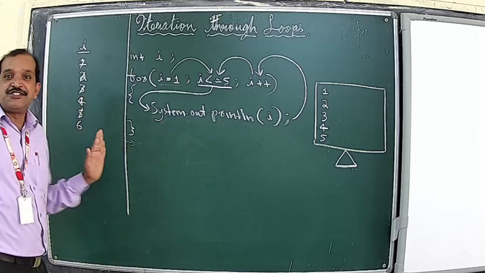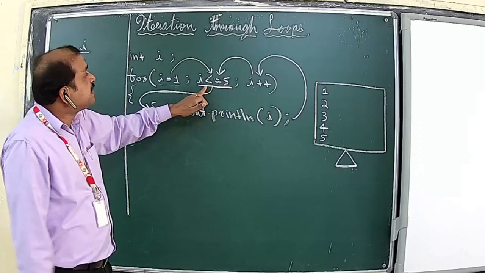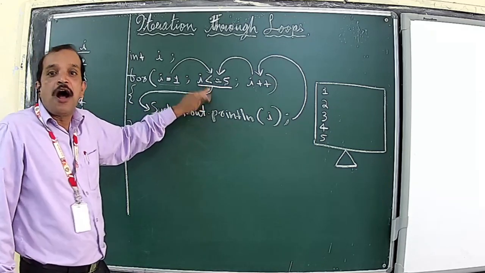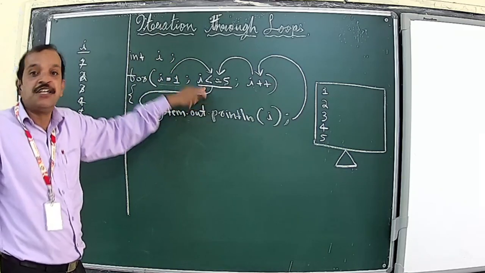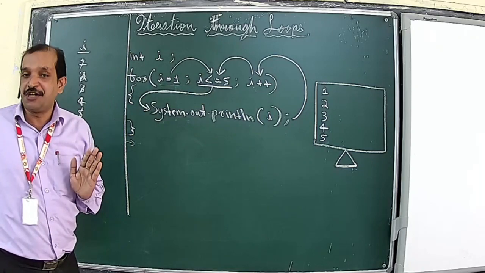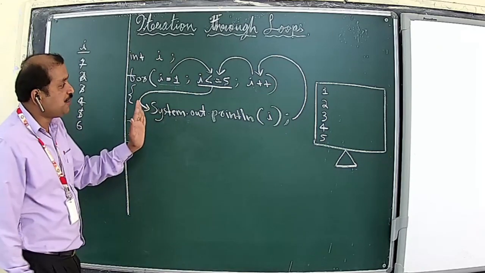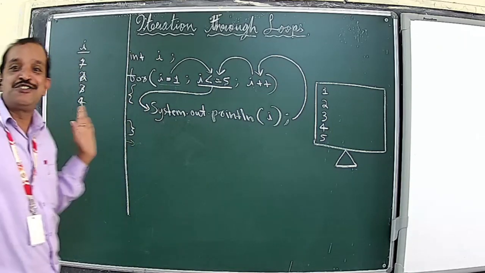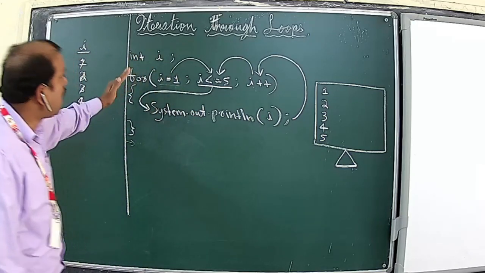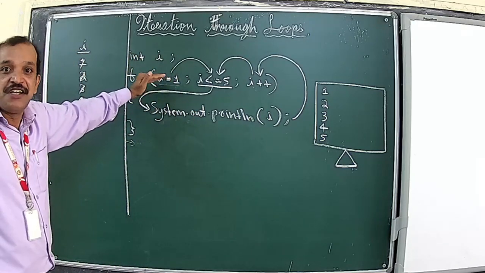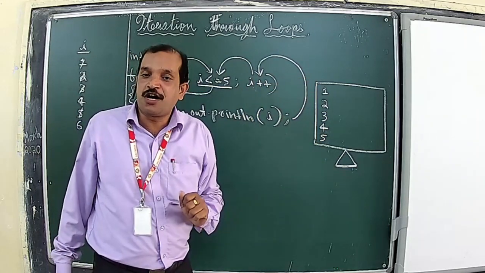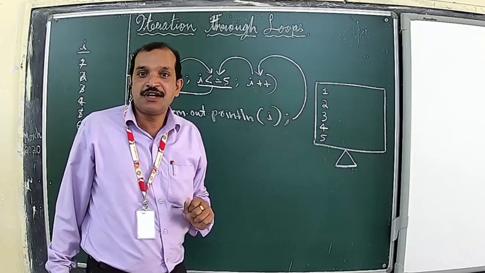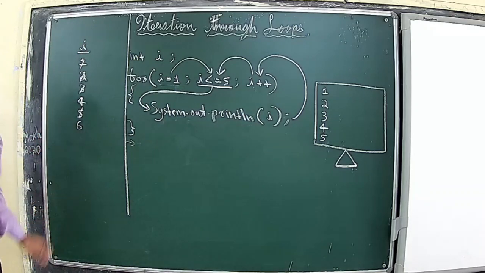So the loop is executed as long as this test expression is true, and whenever the value of this test expression becomes false, the loop will get terminated. And now see, our program was to print from 1 to 5, and that is how we designed this program segment in such a way that it will print from 1 to 5 on the output screen. And see what happens internally.